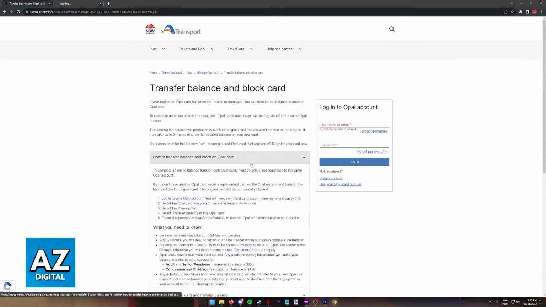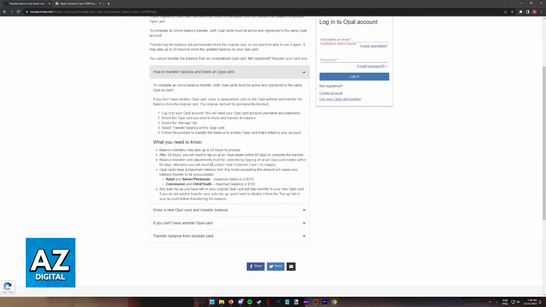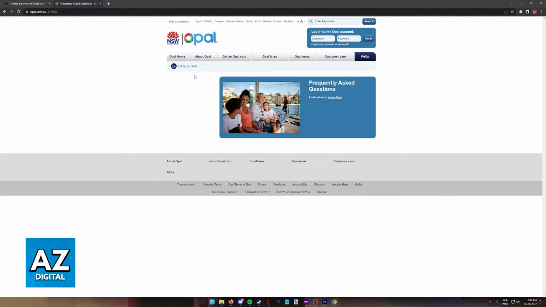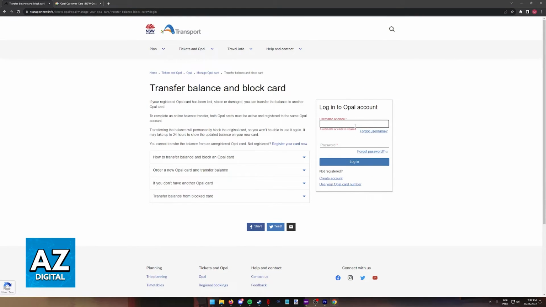Alternatively, if you cannot do this process manually on your own, you also have the option to talk to the Opal customer care. So if you open this article and then you click Contact Opal Customer Care, you can get the information necessary for you to talk to their customer support, and they will be able to do this process on their end. Regardless of which option you pick, doing this process yourself by signing into this page and initiating the transfer to another activated registered card number, or talking to their customer support and providing the information about the cards, you will be able to have the balance transferred.